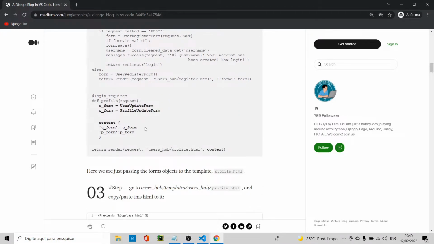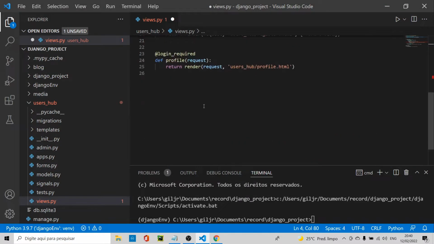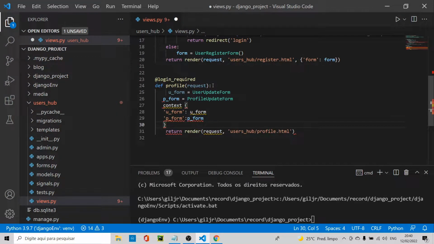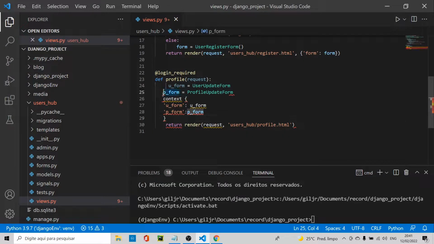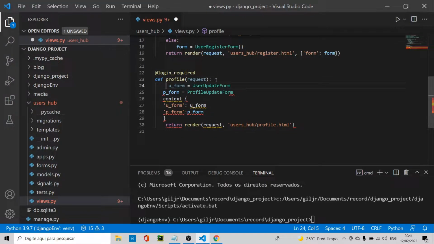And let's make this modification. We just modified the profile method. We just copied this part of the code, and let's go to this part. Let's paste it right here. Control S. Okay, let me correct the indentation right here. Let's see. Okay,